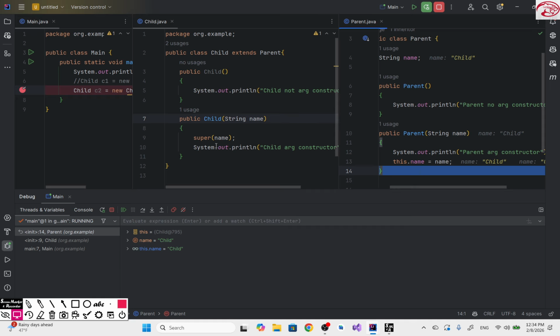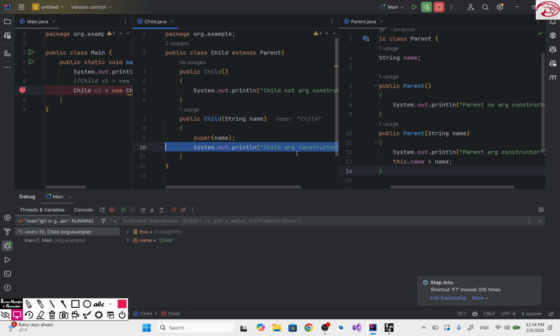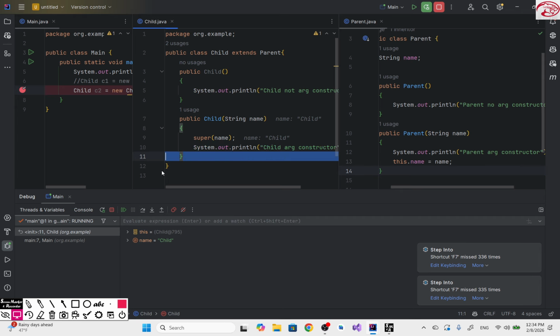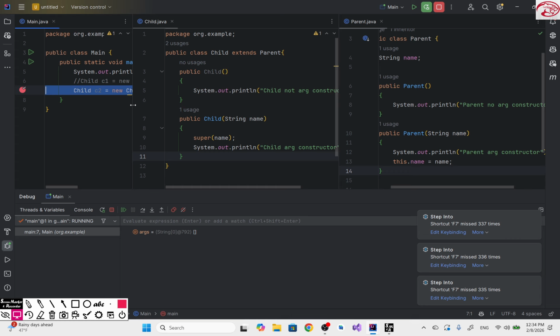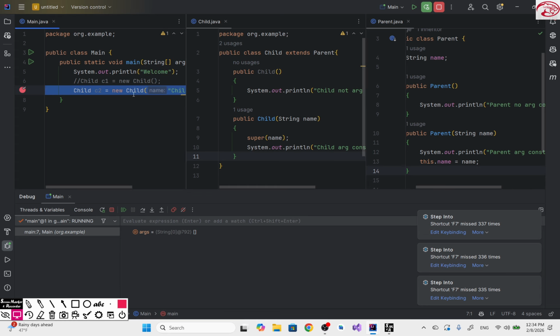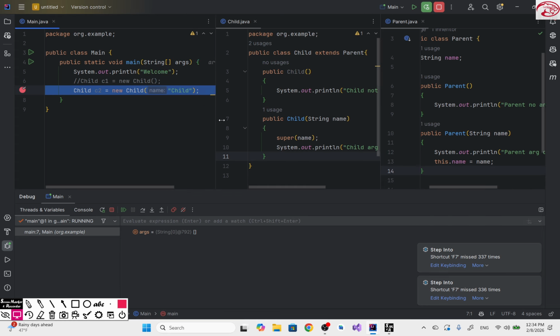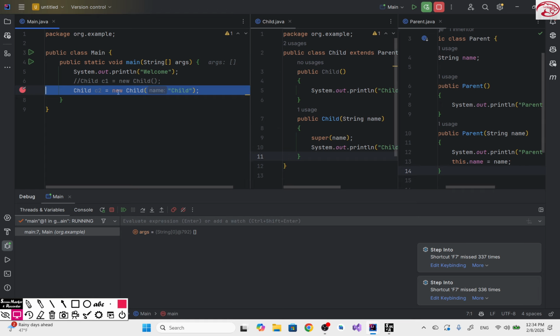And once we are done, we come back here to the child constructor, and we are constructing and instantiating the child class. We come here, and whatever instantiation or logic we have, that will get executed. Here, this line of code will get executed, and we exit out of this constructor, and the object is created. Right now, C doesn't have anything. The object is created, a reference to that object will get returned, and we will store it to the C2